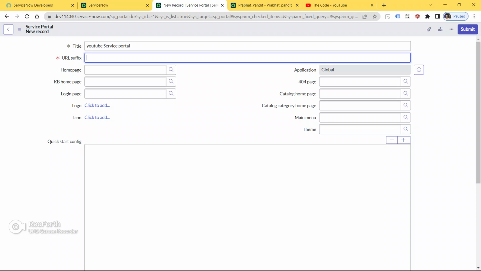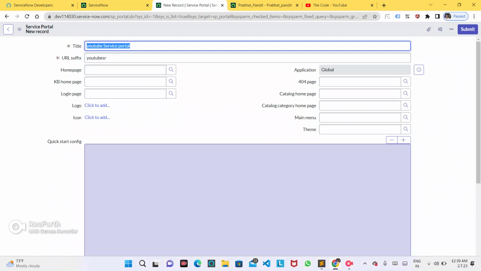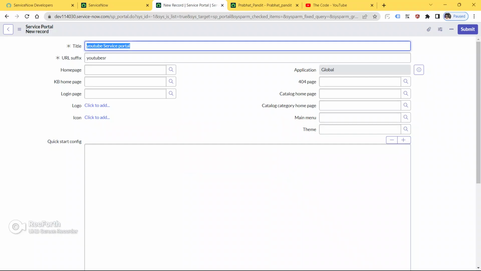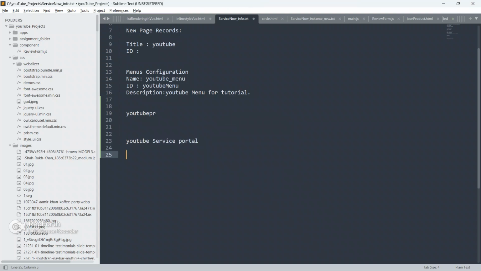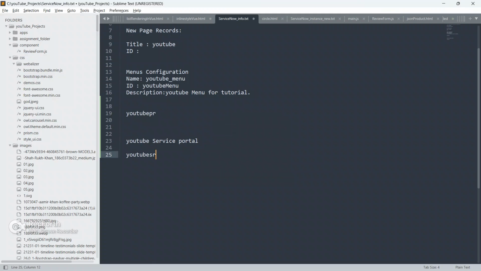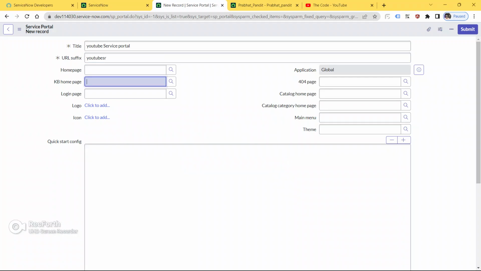I'm gonna give URL suffix as YouTube SR. Let me copy this title and URL suffix for searching purpose. Copy this URL suffix also.